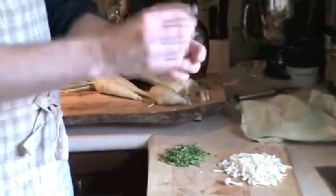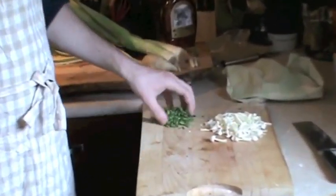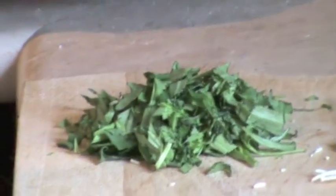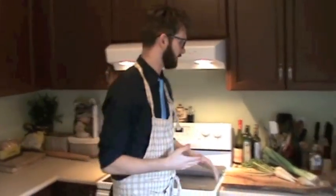These are very delicate, the enoki mushrooms, so if you overcook them, they become slimy and kind of limp. I want to keep that body. Also, tarragon's very delicate as well. It's a delicate leaf, kind of like basil. So you don't want to cook the crap out of it. You just want to kind of fold it with the caramelized vegetables. I'm going to turn this on low, and then I'm going to start with my glaze